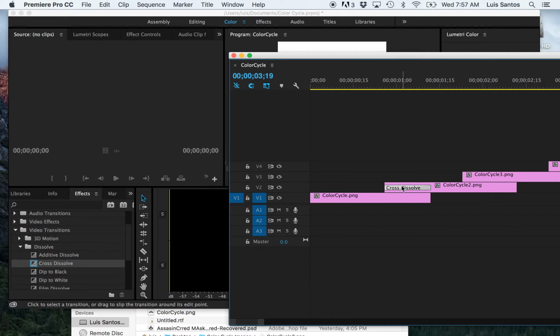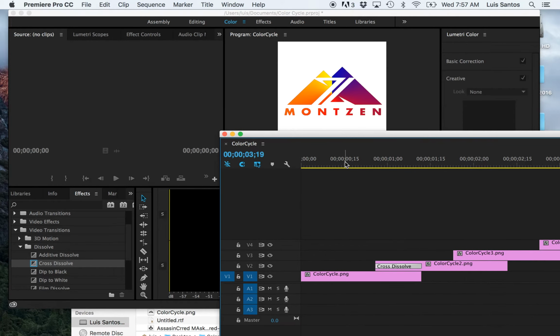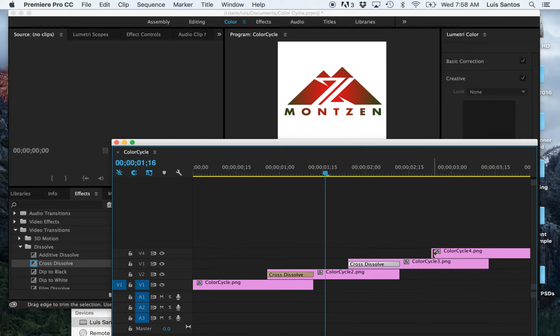Okay, so here, after you have this, you can view it. You can just scroll, see how it moves smoothly dissolving from one image to the next. You can just Command C and Command V and paste to the next clip. Since it's not all the same, you have to just make sure that the duration ends at the end of the clip. And same thing here. Okay. So what you have is, when I play it,